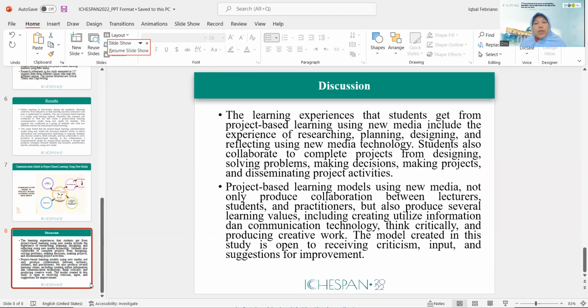The project-based learning model using new media not only produces collaboration between lecturer, student, and practitioner, but also produces several learning values, including creating, utilizing information and communication technology, thinking critically, and producing creative work. The model created in this study is open to receiving criticisms, input, and suggestions for